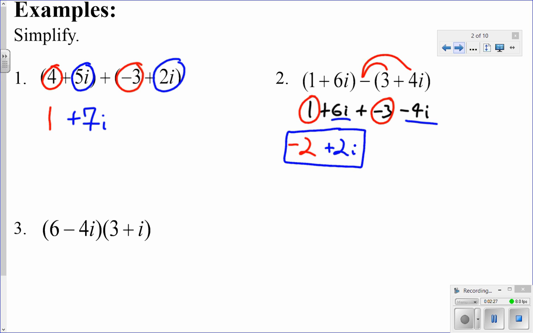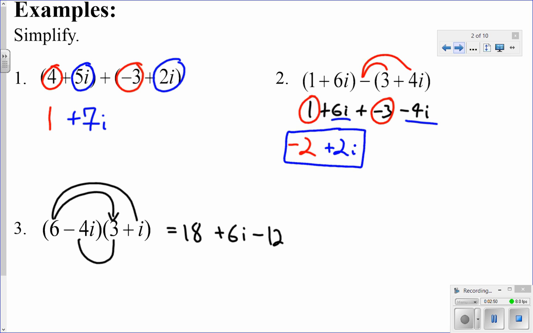3, when we're multiplying complex numbers, just like we do with linear products, we have to double distribute. So I have to multiply 6 to 3, and I get 18. I have to multiply 6 to i, I get plus 6i. I have to multiply -4i to 3, I get -12i. And then I have to multiply -4i to 1i, and I get